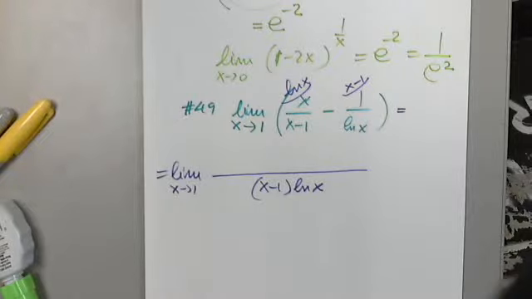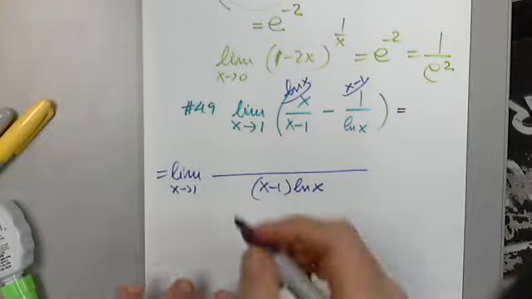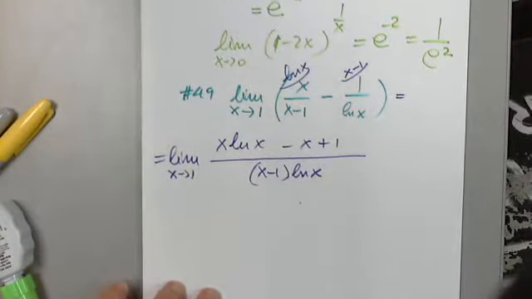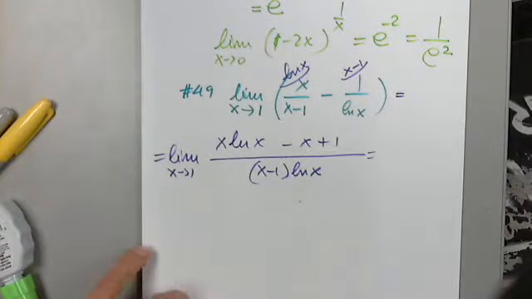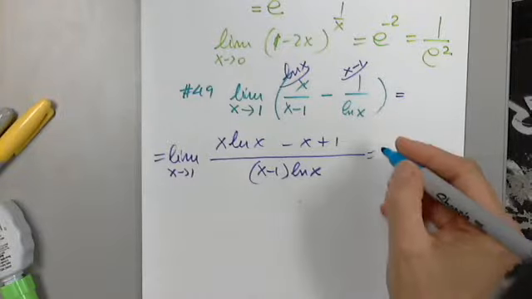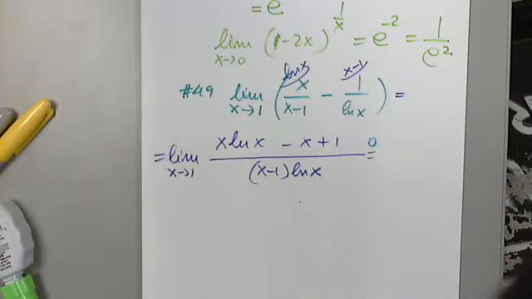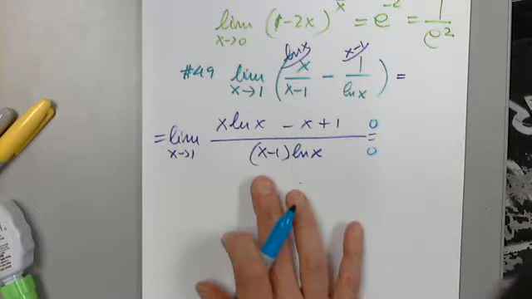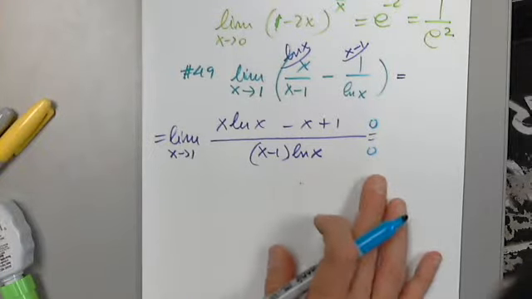x natural log of x minus x minus 1. Very nice. Good. Plus 1. Okay, now I can test. I plug in 1. Where does the numerator go? I certainly hope for either infinity over infinity or 0 over 0. That's my hope. The numerator goes to 0. Perfect. And the denominator goes to 0. Perfect. Natural log 1 is 0, x minus 1 is 0, 0 times 0 is 0.